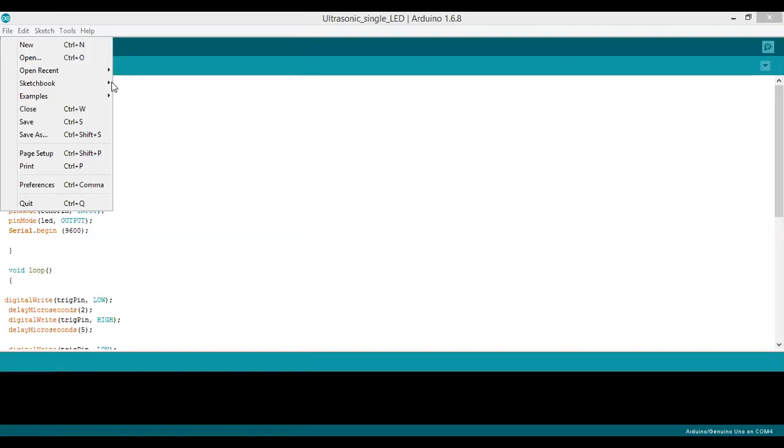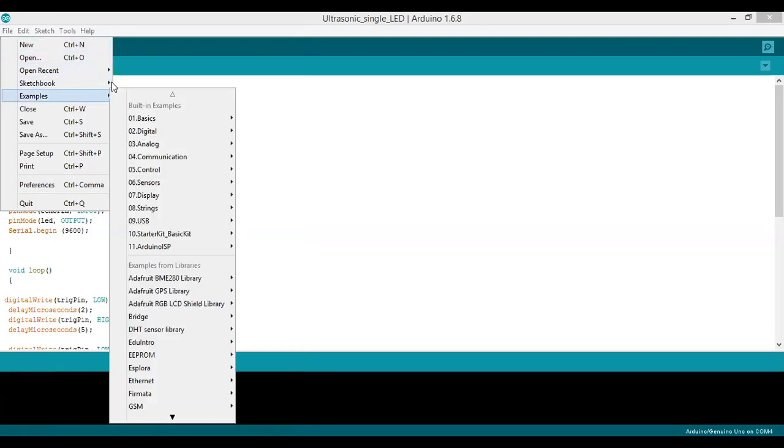Once the software is downloaded, it will have a few inbuilt examples. You can see the basics here. See the basics, the analog, serial.